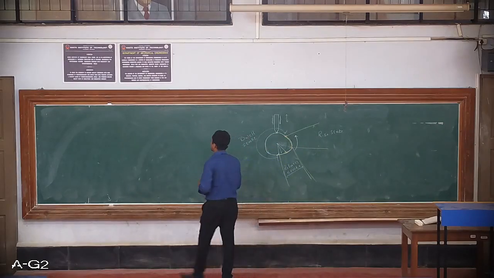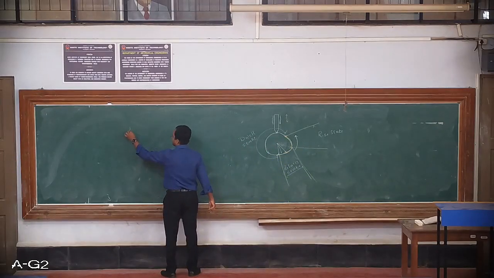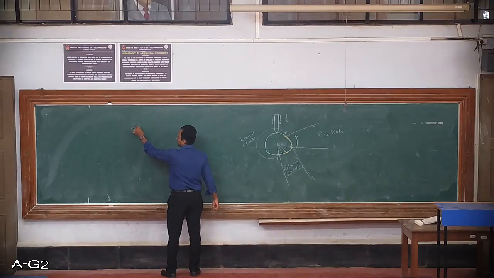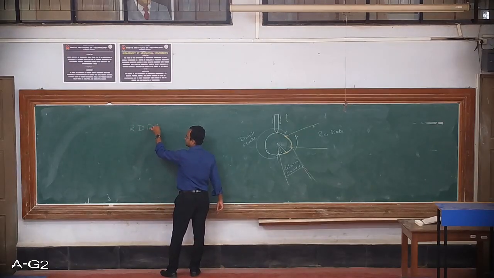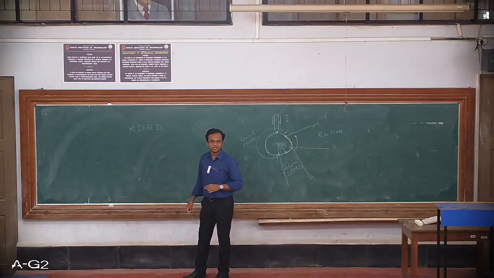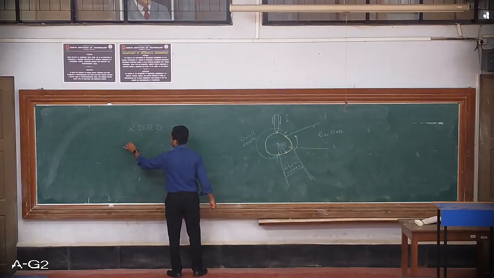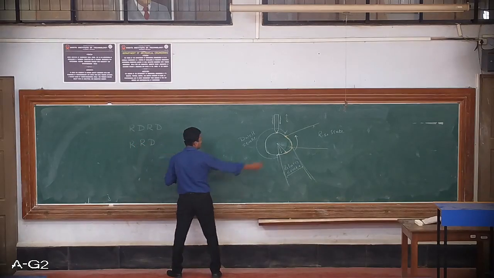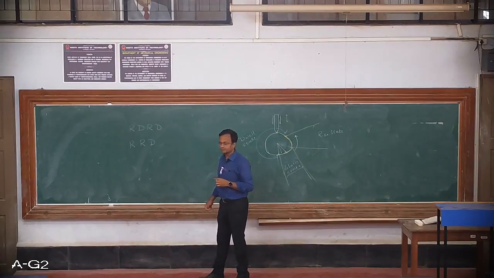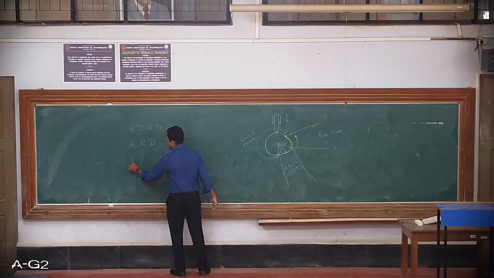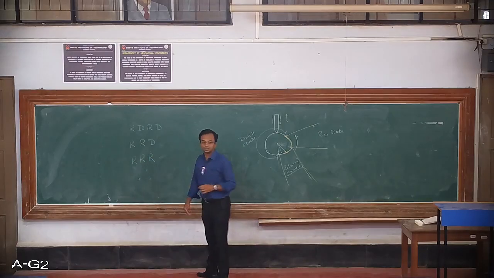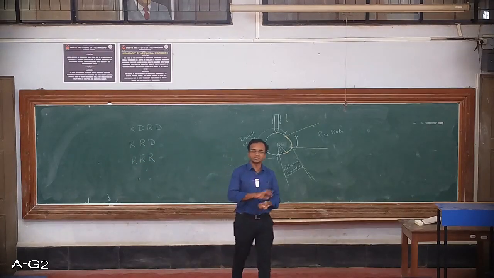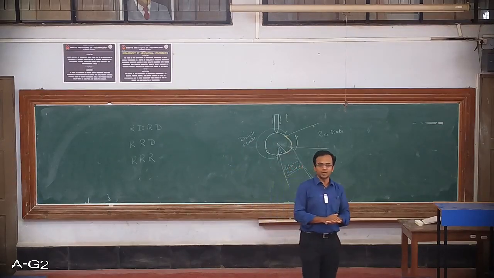That means you can have a CAM profile which is having rise, dwell, return, dwell, this type of CAM system you can have, or you can have rise, return, and dwell, that is the one which I have shown over here, or you can also have this combination which is known as rise, return, rise. That means in the entire CAM profile there is no dwell part.